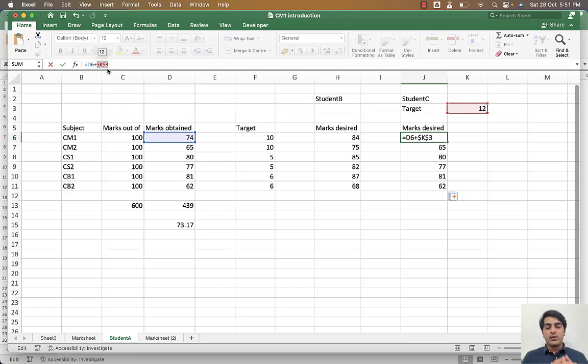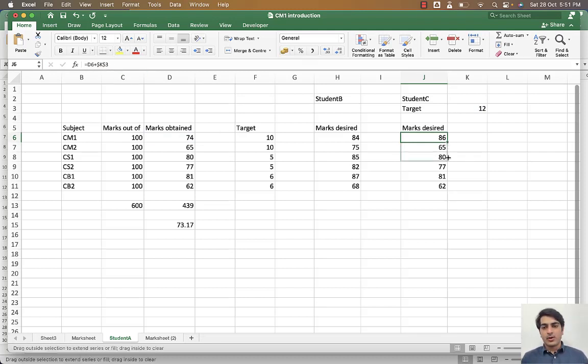If you're using a Mac, you may have to use your function button and press F4, and you will see these dollar signs have appeared ahead of K and 3. So you will see $K$3 instead of K3. This has frozen K3 for me. So now if I press enter, you will see the formula is changed to D6 plus $K$3. And now if I use this autofill feature,